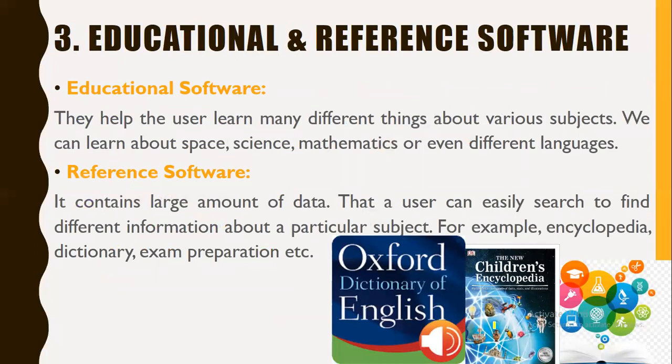Now, the third type of application software is the educational and reference software. First of all, we will learn about the educational software. Educational software helps the user to learn many different things about various subjects. For example, we can learn about space, science, mathematics, and even different languages with the help of these educational software. They may include